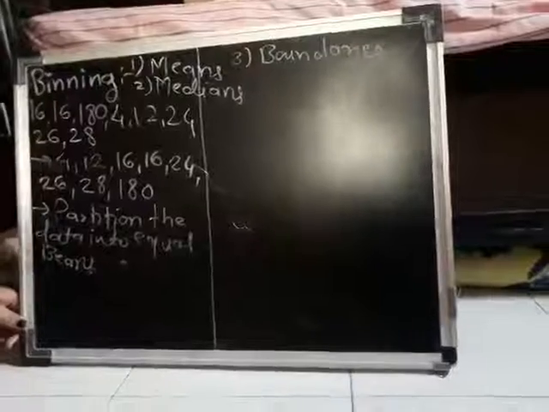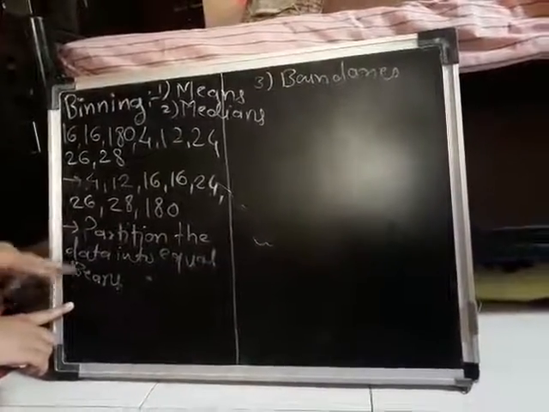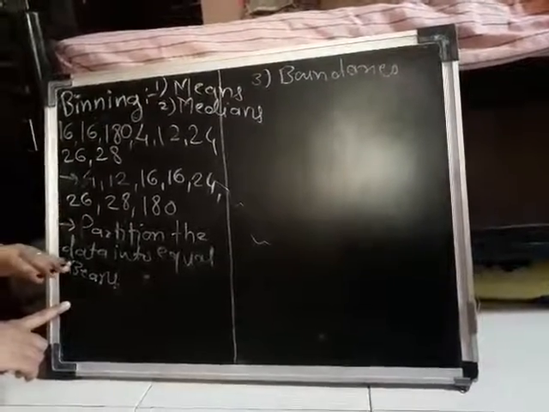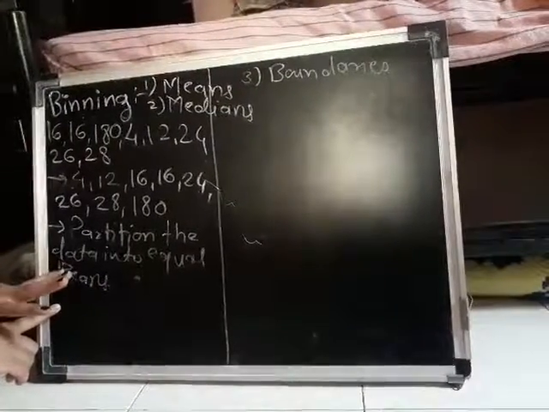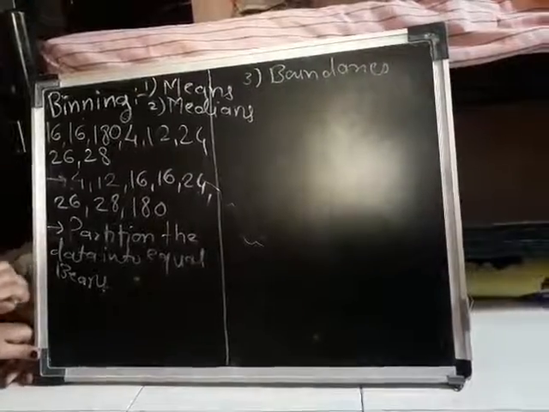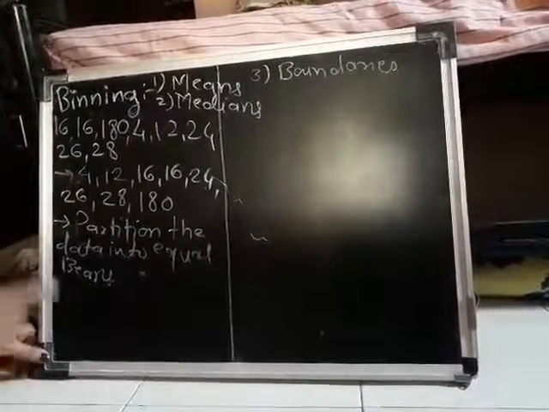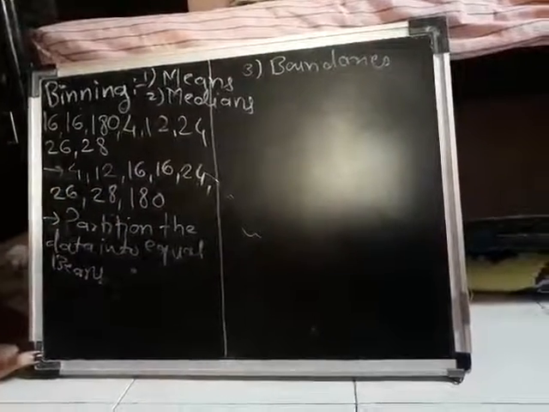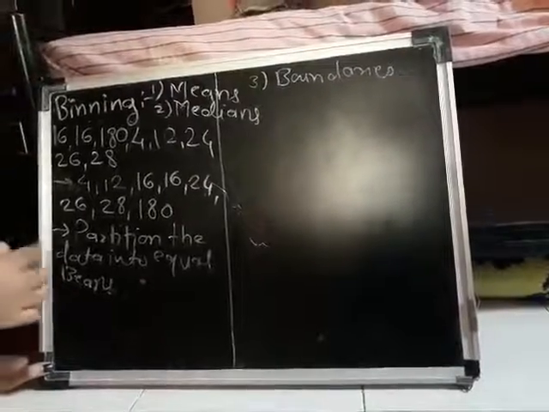So here they are not going to give the number of bins into which we have to divide the data. Means what? Here n is not given, right? So into how many bins we have to divide the data is not mentioned over here, right? So as per our convenience, we can divide the data into 2 bins or 3 bins, right? So how many elements are there? 1, 2, 3, 4, 5, 6, 7, 8. Total 8 elements are there. So we will divide this into 2 bins. 4 elements in 1 bin and another 4 elements in the other bin.